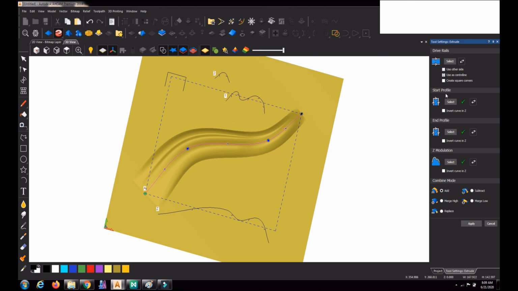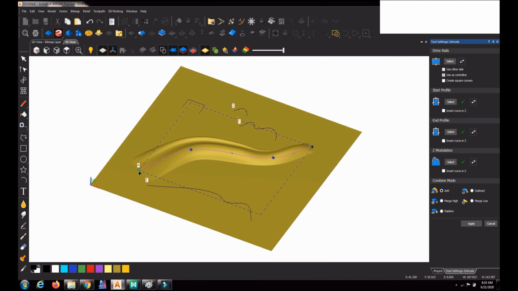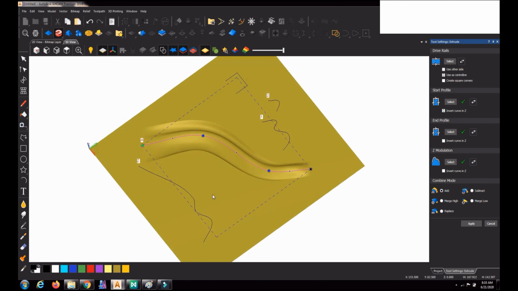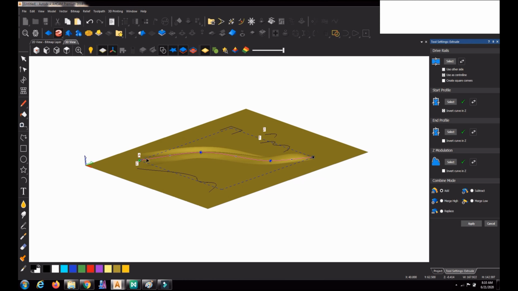Then for the start profile, you can also invert the height. Now you can see the height here, the height is on top. Now you can invert it and make it negative, because see, it goes down here, it goes down then goes up. See the changes in the profile.